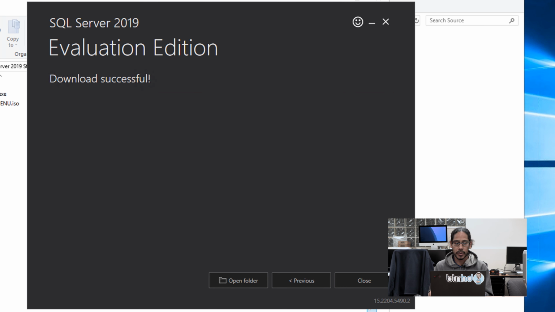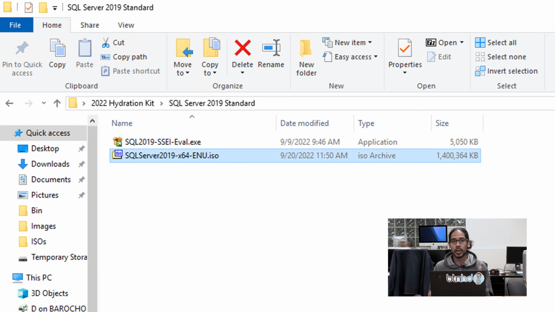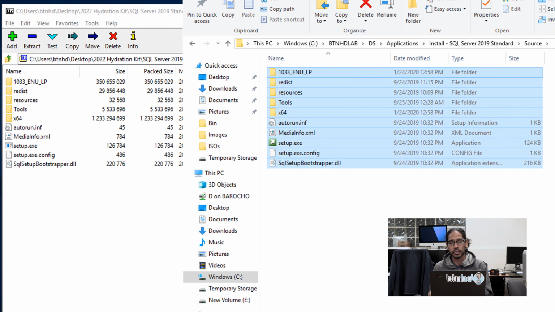Once it's downloaded, you're going to get this, and we're going to close it, hit yes. It's going to download an ISO. So wherever you dropped it, we need to take this ISO, double click on it, and all the files inside the ISO, we need to copy them into our deployment share, applications, install SQL Server 2019 Standard, and inside that folder, open up sources and copy these files in there.